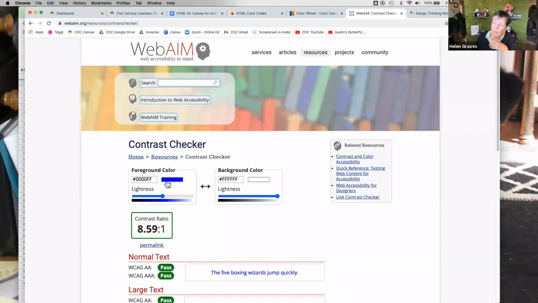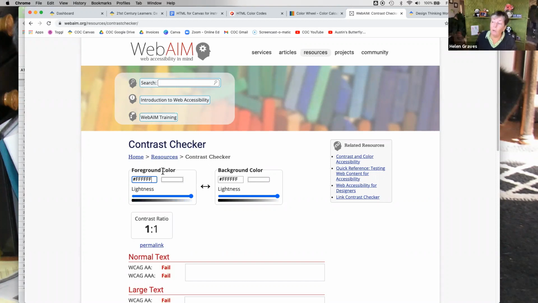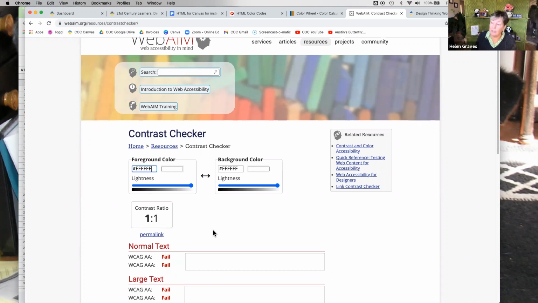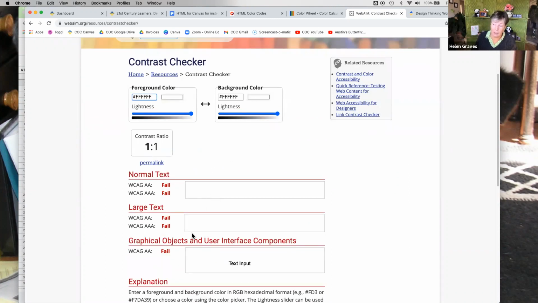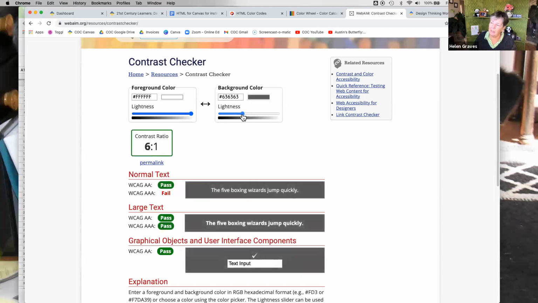So here it'll show me what my foreground color is. I think 0 is white. I never remember white and black. Nope, 0 is black, so F must be white. Okay, so my foreground color, my text, is white. Here it's telling me, okay, your background color is not sufficient. So I can use the slider until I get to where it'll show me pass. And then I know, okay, if my text color is this, my background color can be that. And you can do it in other shades.